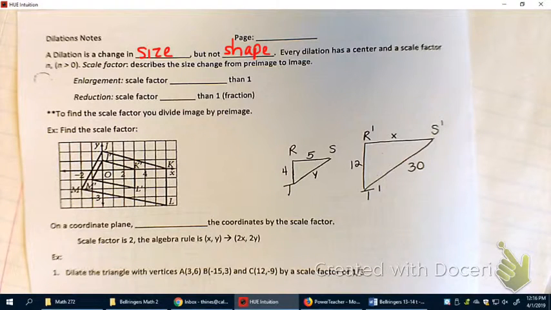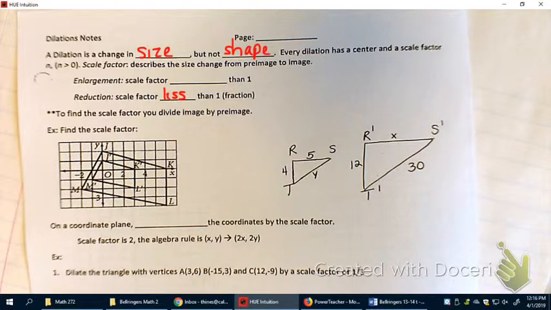change. The size can be either bigger or smaller depending on the scale factor. Now the ones we're going to be doing, the center is going to be at 0, 0. So you're starting at 0 and then you're making it bigger or smaller based on that. The scale factor is how big or how small it makes it. Okay? If the scale factor is less than 1,